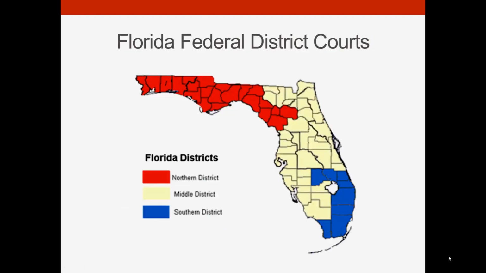Florida Federal District Courts. Florida has 3 district courts, one for the Northern District, one for the Middle District, and one for the Southern District. The Northern and Southern District Courts were created in 1847. The Middle District Court was created in 1962 from parts of the Northern and Southern Districts. The courthouses for the Northern District are located in